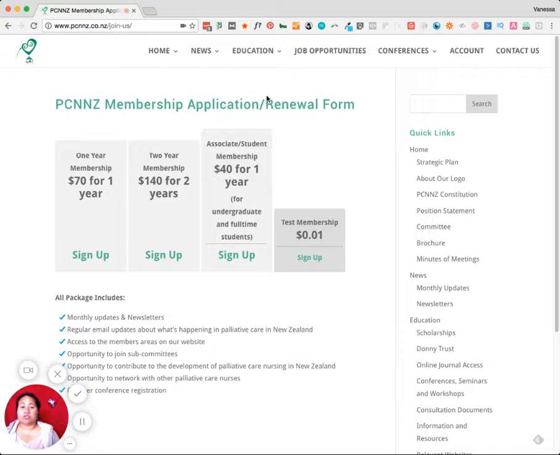it will give you the options that are available to you as a potential member. This is assuming you're a brand new person that hasn't been a member of PZNNZ and your record isn't in the database just yet. We're going to talk about that a little bit later, but we're going to view this from the viewpoint of somebody that's brand new. You'll see there's a test membership here that I put up, so you won't be able to see that when you join up, but for the purpose of this demonstration, I'm going to use this test membership. So if I were to sign up right now,